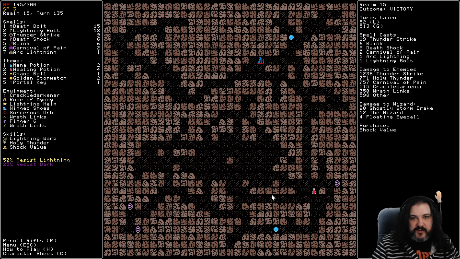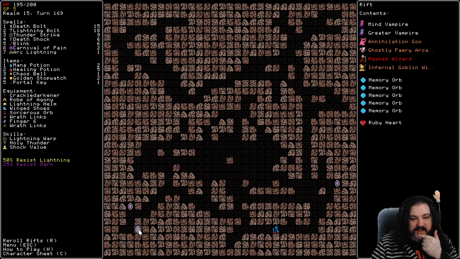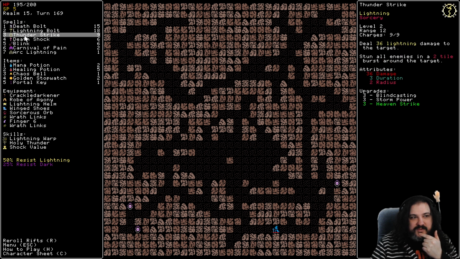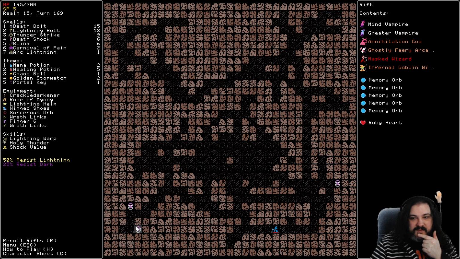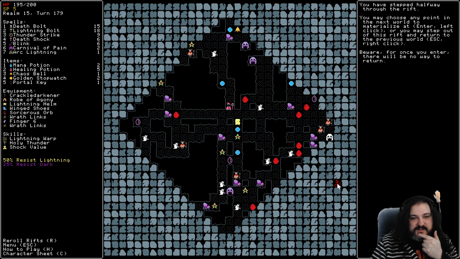Ding ding ding. Pick up all this stuff. Stuff. Arch Sorcerer. Well, okay. That's excellent. I wouldn't say no to that. Arch Sorcerer is going to get us more damage and more casts of Death Bolts, Lightning Bolt, Thunderstrike, Death Shock, Blink. Not Carnival Pain, sadly. But Arc Lightning. It's beneficial to a bunch of them. So I will not...